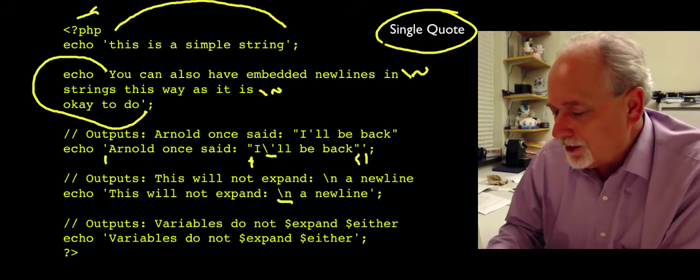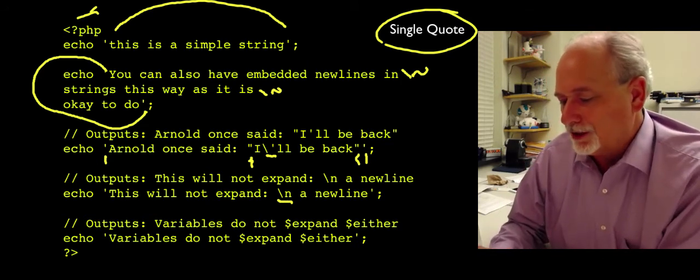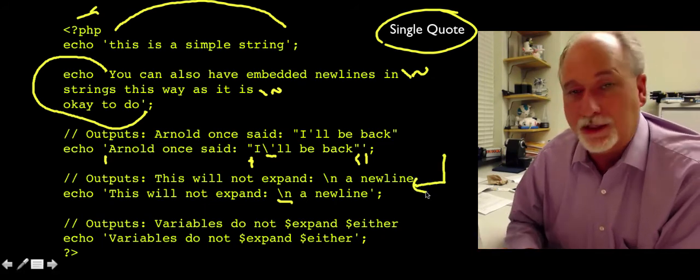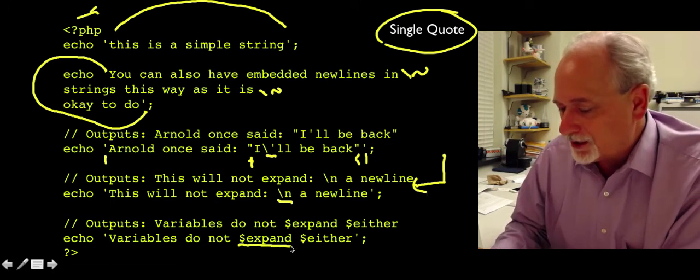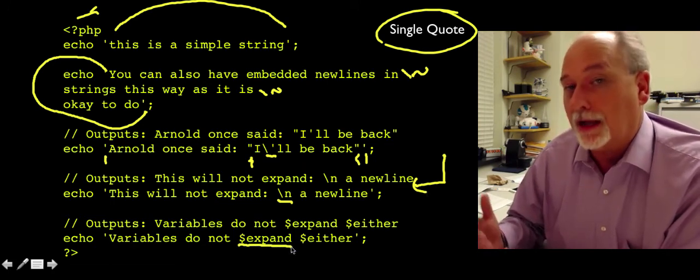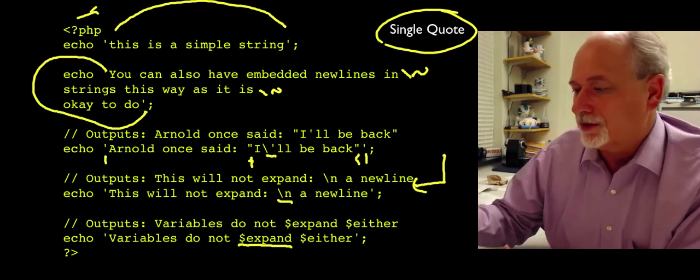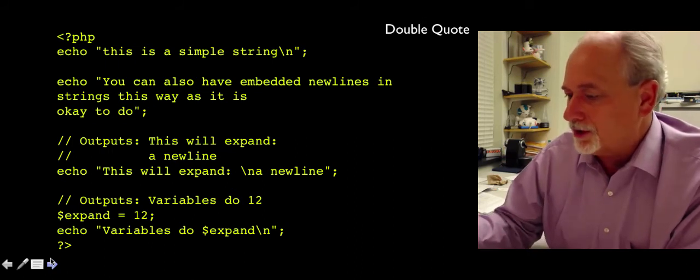And a lot of the normal expansions don't happen inside a single quote. So this will actually print out \n as compared to a new line that takes you back to the beginning of the screen. And things like variables do not expand either. That will actually just print out $expand. We'll see in the next how that works a little differently for double quotes. So in this double quote example,